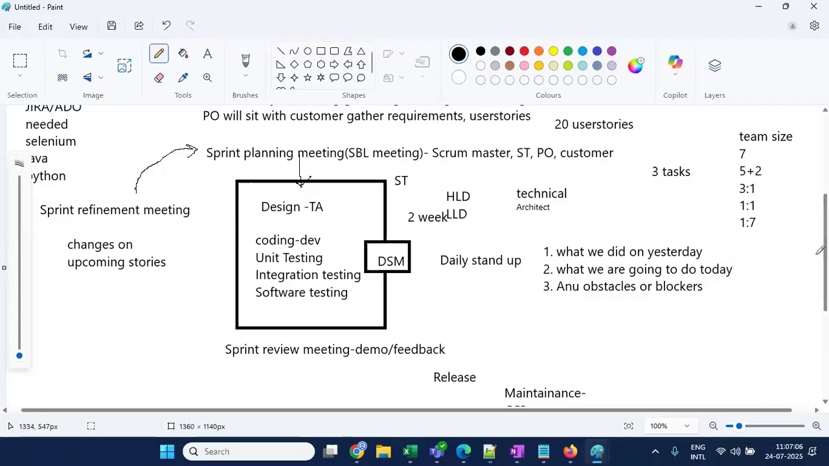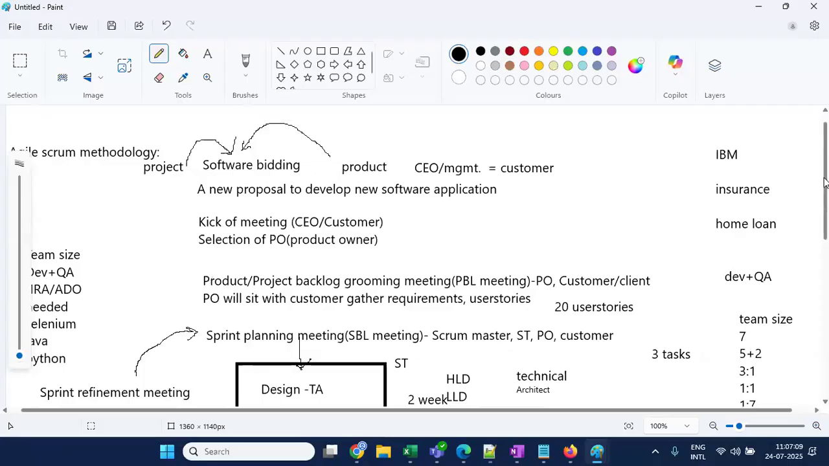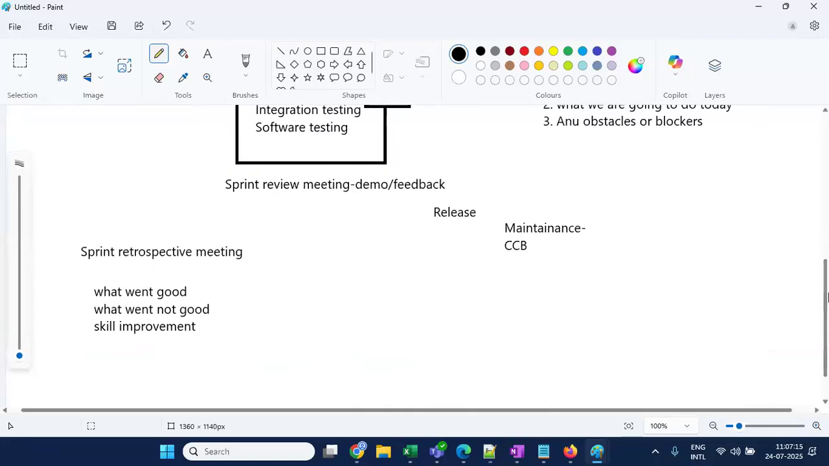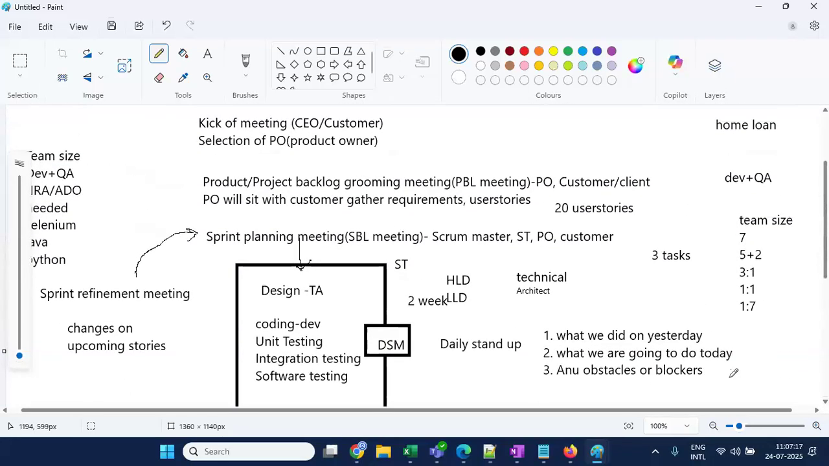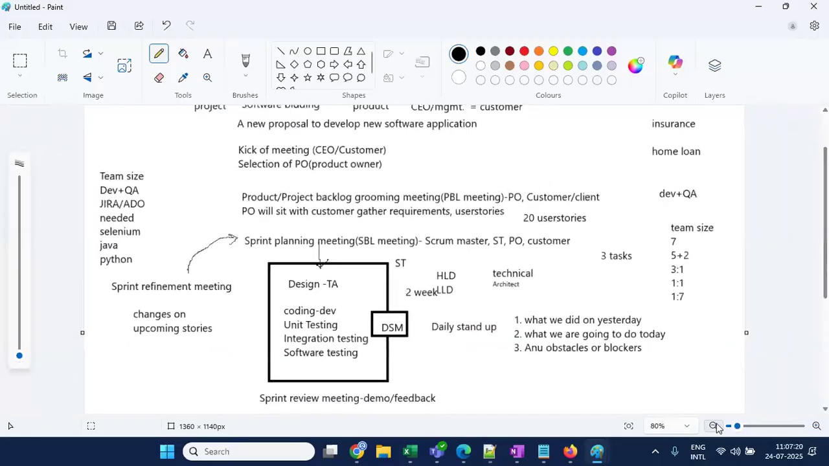But if it is a product, it will continue, because product means you are adding up all the features one by one. So a product will be for the long term. So this is the Scrum flow diagram actually. This is the diagram of